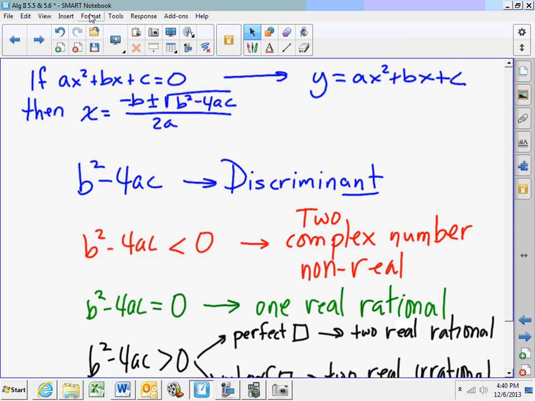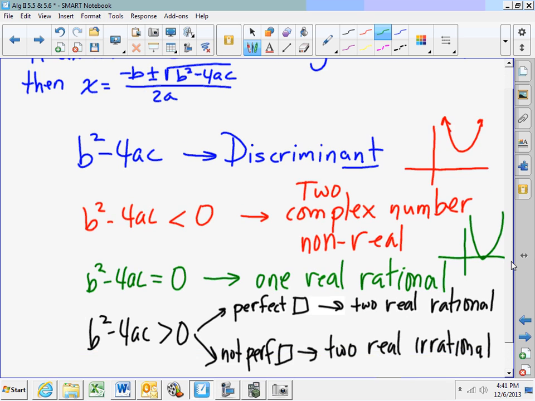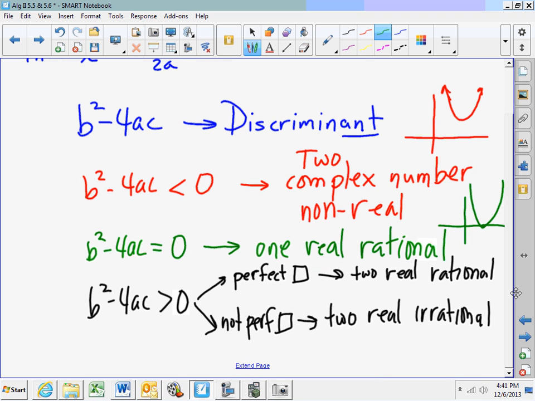That means that the parabola is not going to cross the x-axis. So you're going to have a parabola that's either all above the x-axis and opening upward, or all below and opening downward. Now, if you have one real rational zero, your parabola is actually going to just touch, or in other words, the vertex of the parabola is going to be on the x-axis. And if you have two real zeros, either one of these, your parabola is going to actually cross the